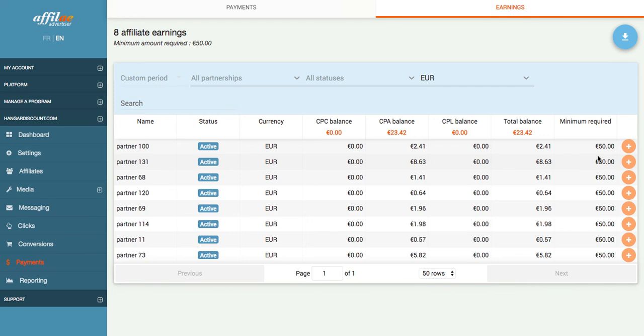This is actually the threshold that you have configured in the very first steps of your program. They need to accumulate at least 50 euros of commissions before being able to request a payment. In this case, they cannot. So if you don't want to change the parameters that you have set at the very beginning, and you just want to pay a publisher at the end of this month, you can always override the rule